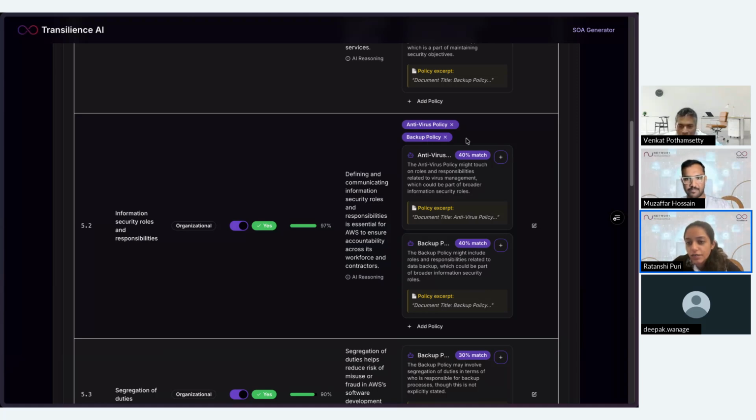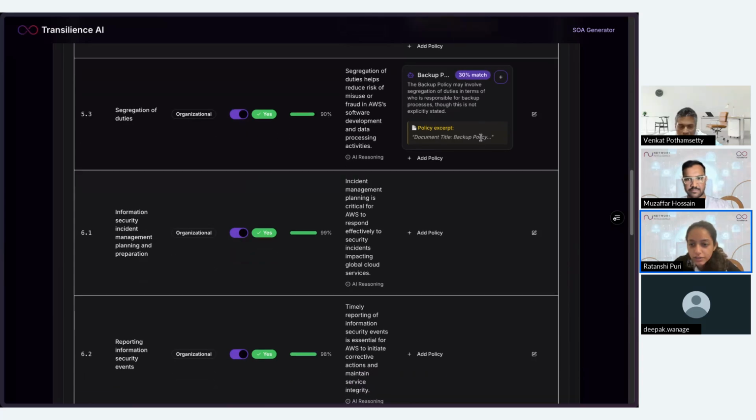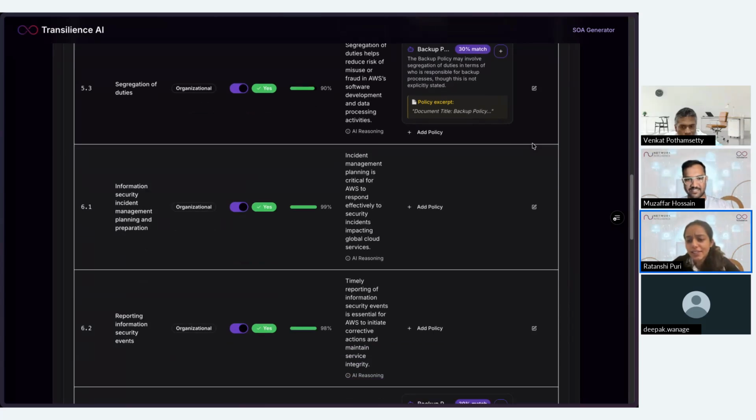All right. So we can add whatever policies we wish to add. There can be a whole list of policies which we wish to integrate as part of the particular control. Muzaffar, please scroll down. Maybe we can take one or two more examples per control. I have added two policies just to let you know. All right, but I think this does give us a good idea of what the tool does and what